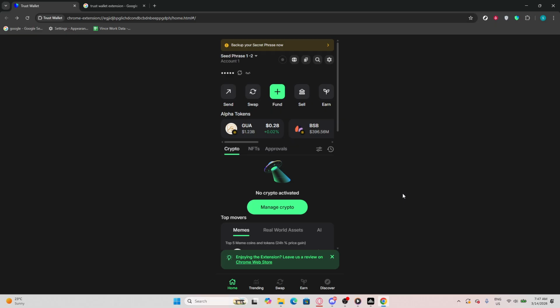You can do this by typing www.google.com into the address bar and pressing enter. This action will take you to the Google homepage where you can search for the Trust Wallet extension. Once you are on the Google homepage, use the search bar to look for the Trust Wallet extension. Type Trust Wallet extension and hit enter. After the search results load, locate the appropriate link for the Trust Wallet extension and click on it to proceed